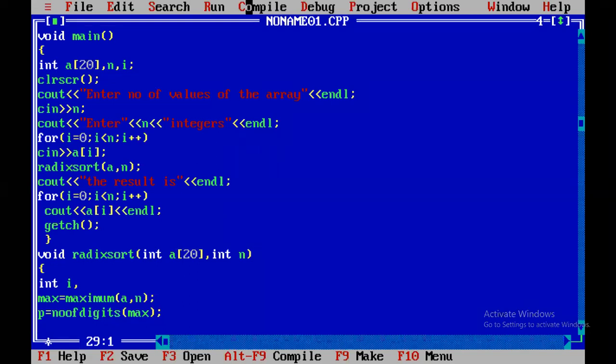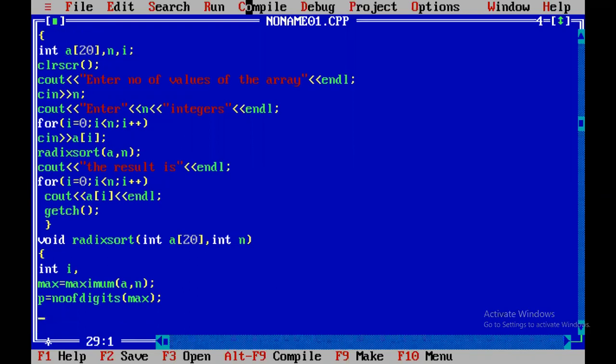Third step: how many passes do we require? K passes, where k means p here. If I assign k, we require k passes. If I assign p, we require p passes. No problem, I assign p.